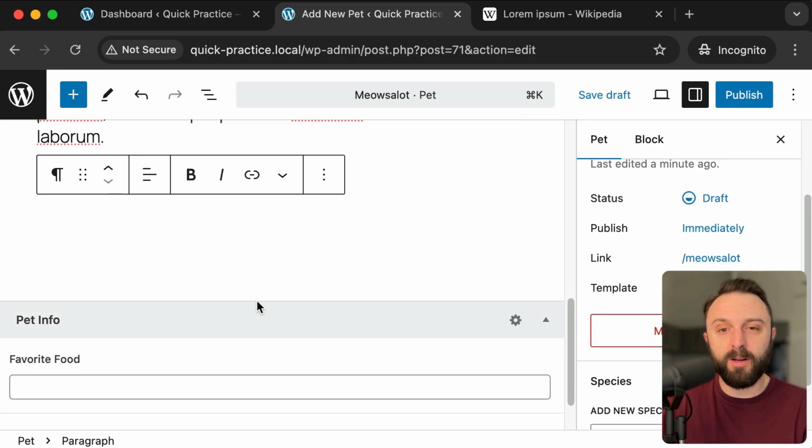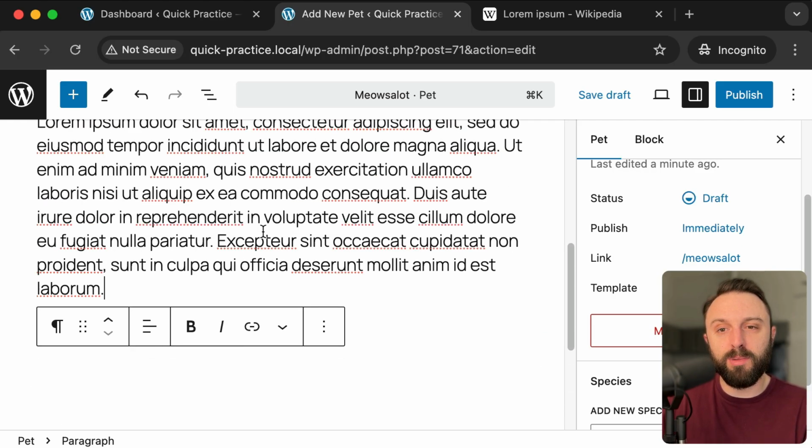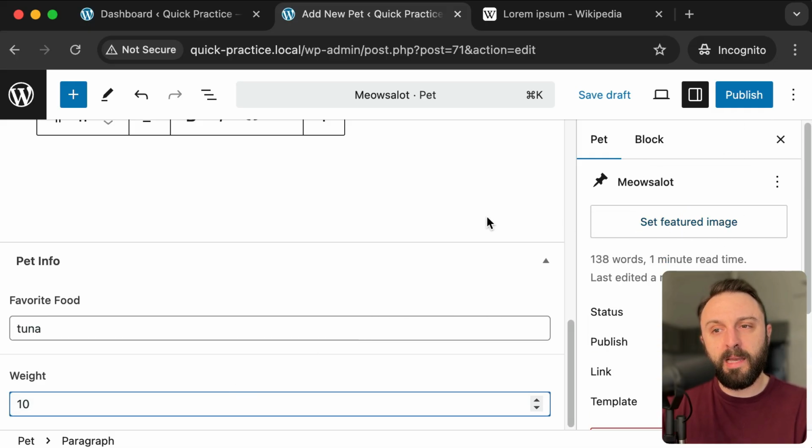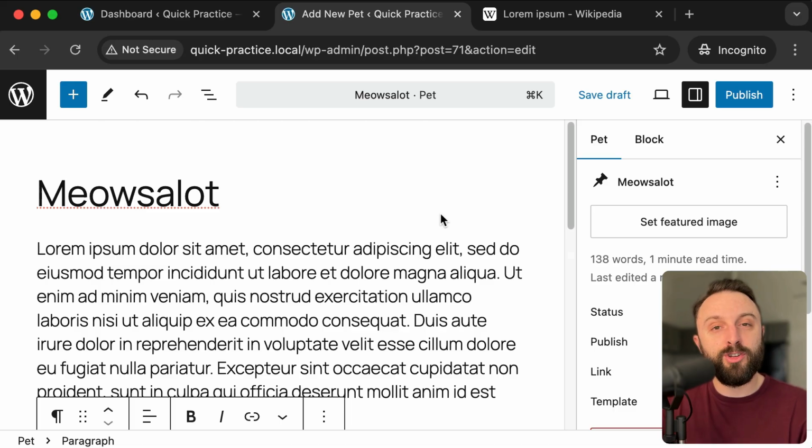But then the cool part is down here, if you scroll down, below the block content area, we see pet info. So I could say that their favorite food is tuna, give them a weight value of 10. And then before I actually save or publish this pet post type, I want to explain how images or featured